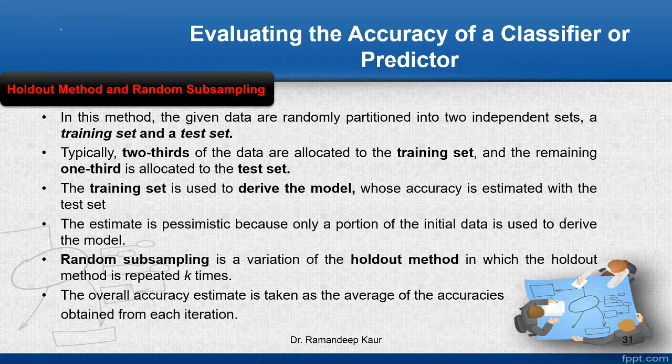So not all the data will be given for training. Some data will be held out with the person. That is why it is called holdout. Holdout means some test data is reserved. Some data is reserved with the person and categorized as test data. The rest of the data is given to our system for training. Generally this proportion is 2/3 of the entire data at hand taken as the training data set, and the rest of the data, that is the 1/3, is kept as your